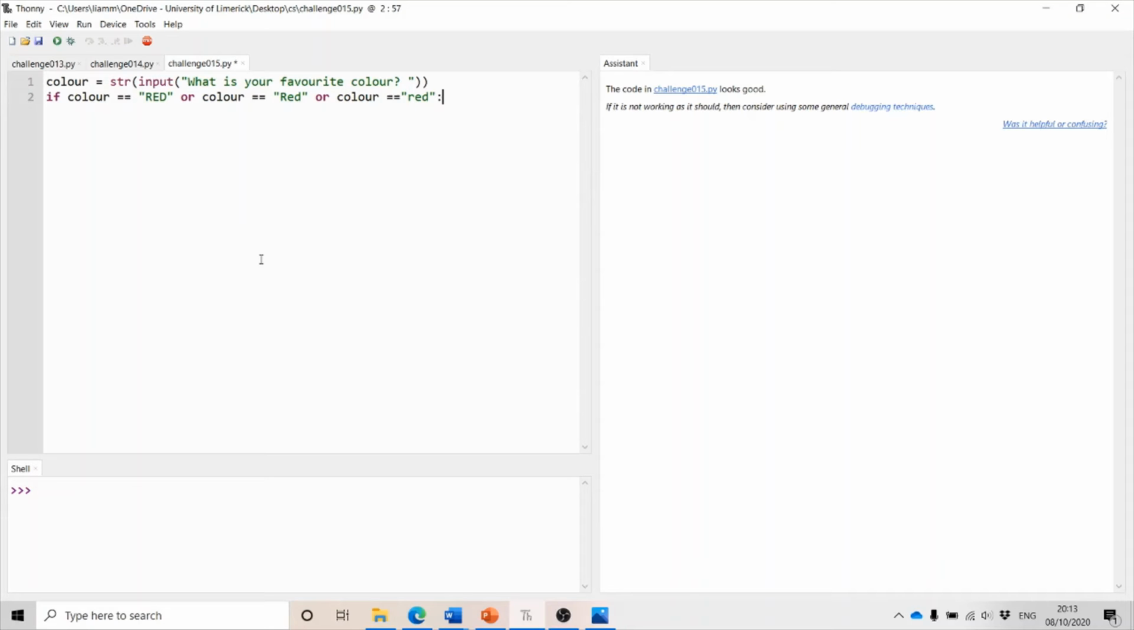So that's all we wanted to check. What we wanted to do then is to say I like red too. So we wanted to print, open our brackets, open quotation marks, I like red too, and close quotation mark, close bracket. So that's if the color that the user put in is red, it'll say I like red too. And then we want to go back now. So when you go to the next line, press backspace to go to the start of the line,